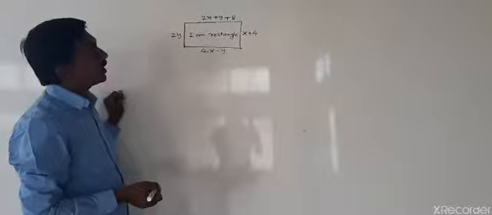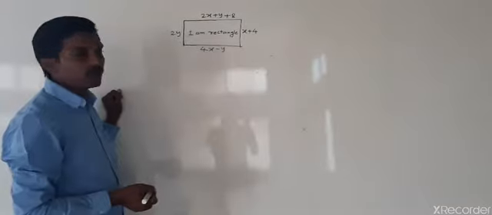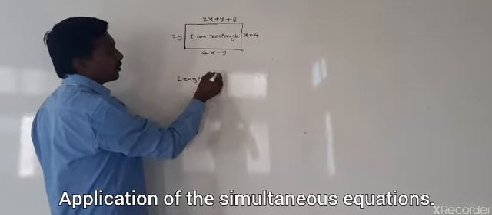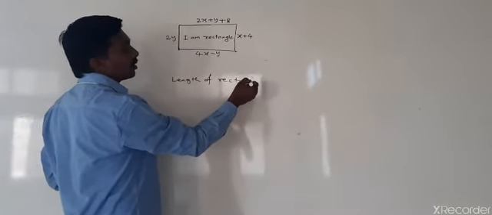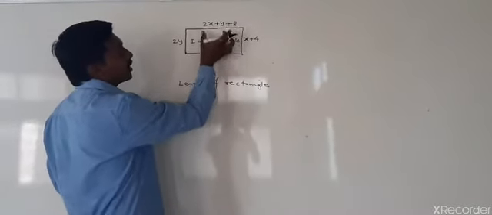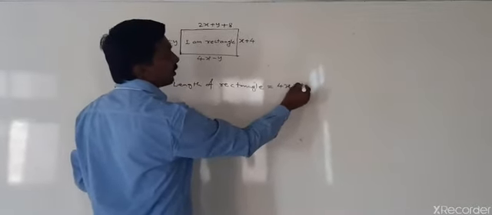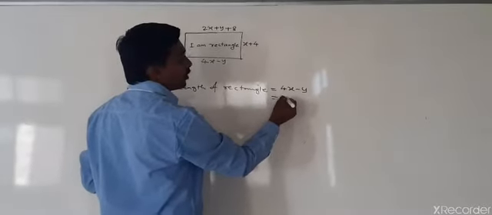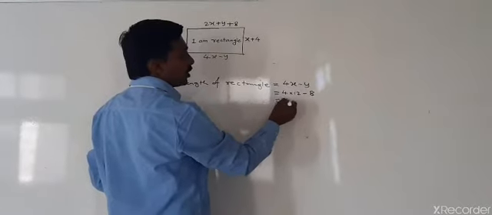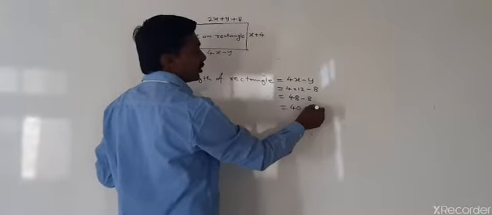So we will first find the length and breadth of the rectangle, and then we will find the perimeter and area of the rectangle. Length of the rectangle, as per our diagram, is 4x minus y, or you can take it as 2x plus y plus 8. So we will take it as 4x minus y. Now put the values there. 4 multiplied by the value of x, which is 12, minus the value of y, which is 8. 12 into 4 is 48, minus 8, that is 40 units. That is the length of the rectangle.